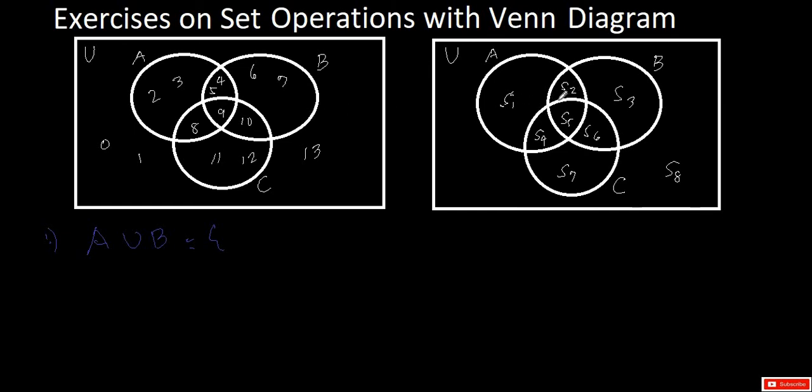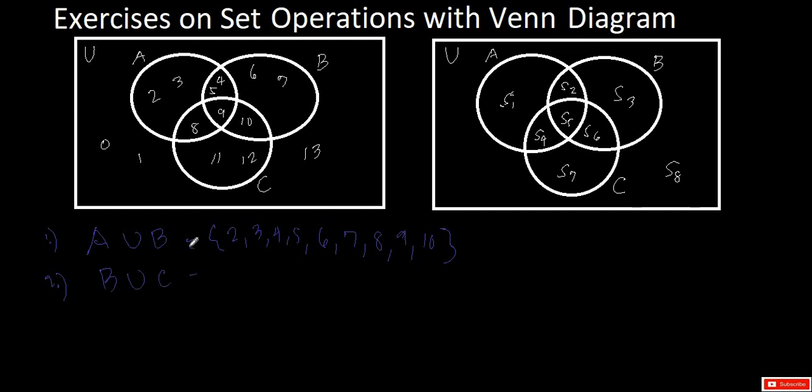So the regions that belong to A union B are S sub 1, S sub 2, S sub 3, S sub 4, S sub 5, and S sub 6, because these regions are in A or B. So therefore, the elements that belong to A union B are 2, 3, 4, 5, 6, 7, 8, 9, and 10. Okay, what about